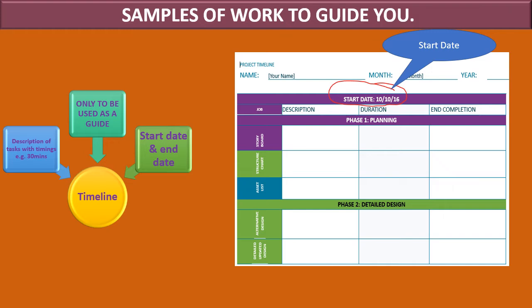So this is one of the first tasks you need to complete for P2, because we need to start a timeline so we can plan the different phases of the project. As you can see on here, a timeline usually has a start date. You need to give it a start date. Also, you need to have a description of the different tasks that you'll be completing,